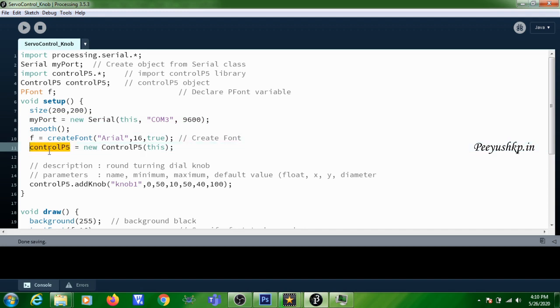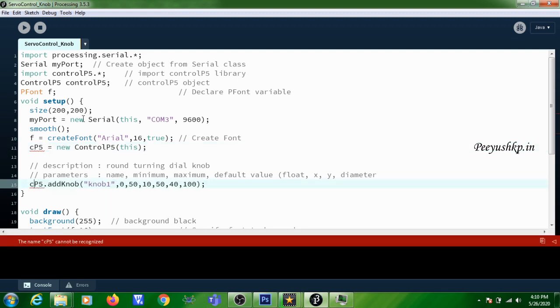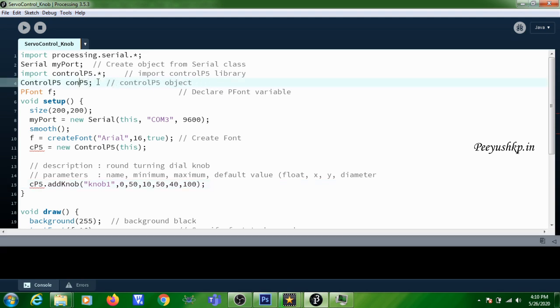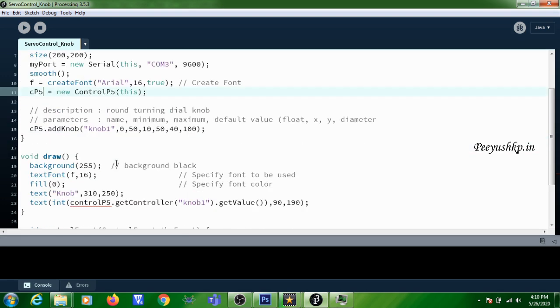In the previous program I used it as CP5, so here also I will use CP5, so there will not be any confusion. CP5 is a ControlP5 library object, so I am creating an object known as CP5.